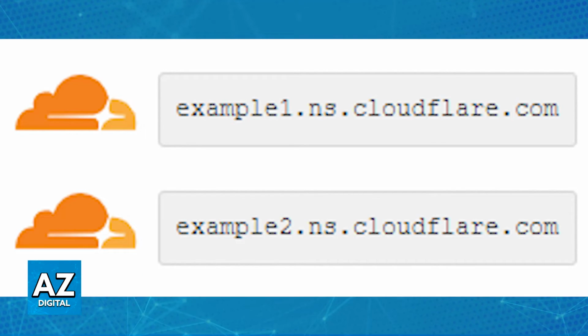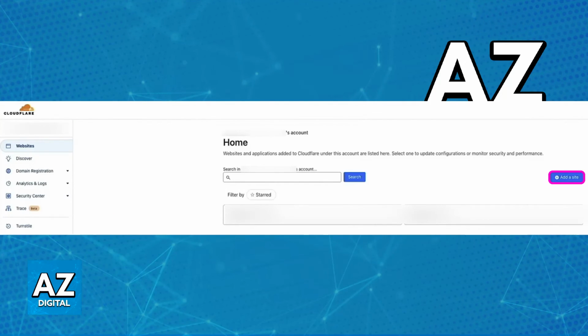A pair of custom name servers will be generated for your domain. All that you have to do is copy the values and change the name servers on your domain's DNS zones. After you've specified the new DNS records, propagation will start, which can take up to a day to complete fully, so just let this process finish. After you go through all of this, for the most part, you will be good to go. So all that you have to do now is check the records, and your domain is now using Cloudflare's CDN.